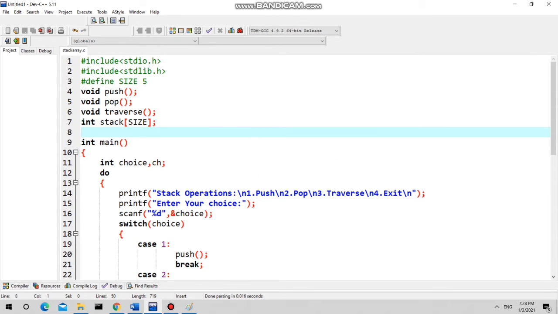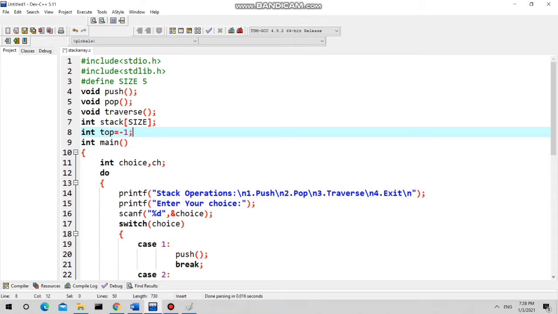Okay, and you know that the stack has only one end, that is top, so you need to declare that also. You know that we are creating the empty stack at first, so top is equal to -1, that means the stack is empty, not a single element is present in your stack.